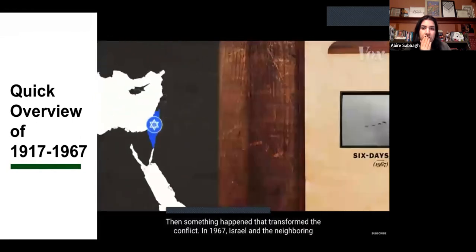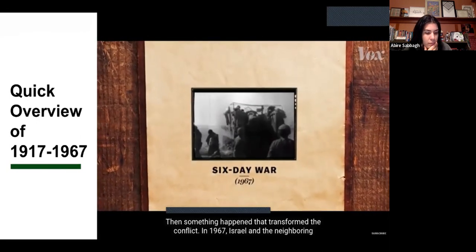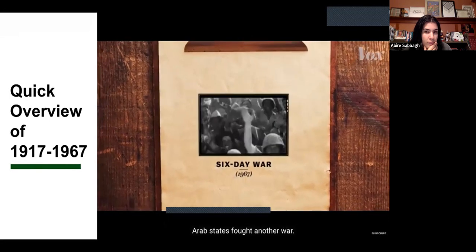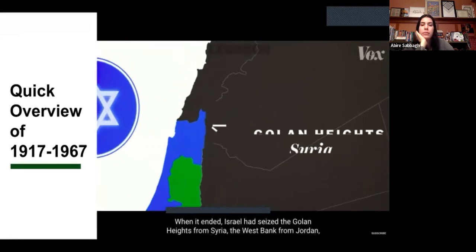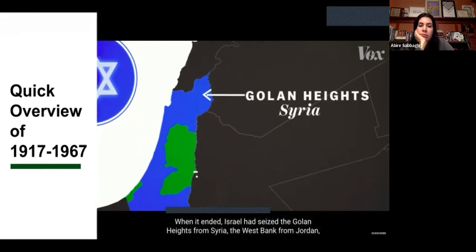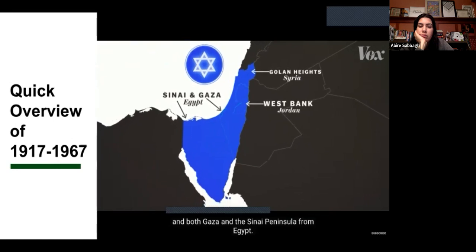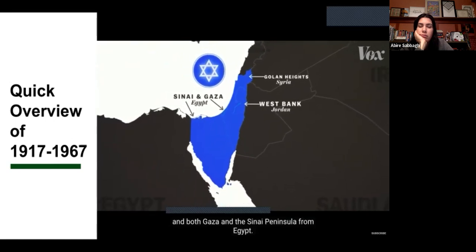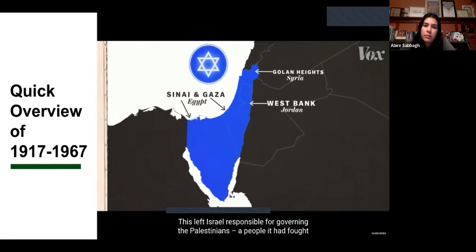In 1967, Israel and the neighboring Arab states fought another war. When it ended, Israel had seized the Golan Heights from Syria, the West Bank from Jordan, and both Gaza and the Sinai Peninsula from Egypt. Israel was now occupying the Palestinian territories, including all of Jerusalem and its holy sites. This left Israel responsible for governing the Palestinians, a people it had fought for decades. In 1970,